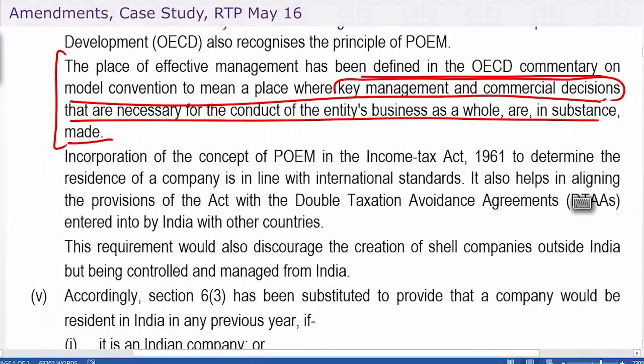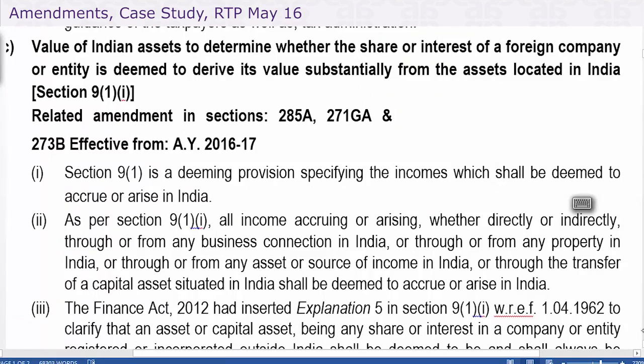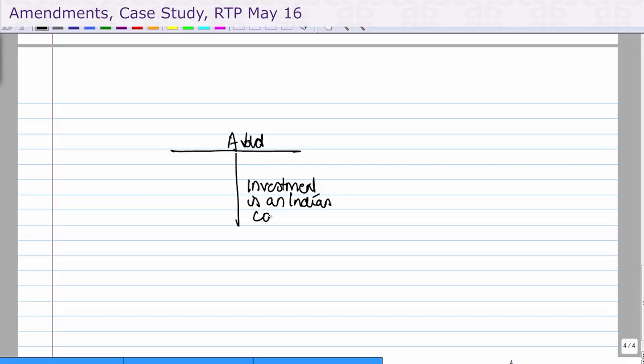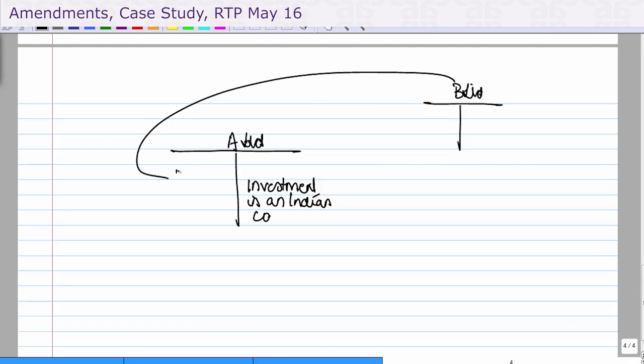Now we come to page number 17. This is an amendment relating to the Vodafone judgment. So I will take you through that. We've talked about, let's say, A Limited, which has investment in an Indian company. Let's say there is a company that is B Limited that owns the shares of A Limited. So shares of A Limited become its investment,